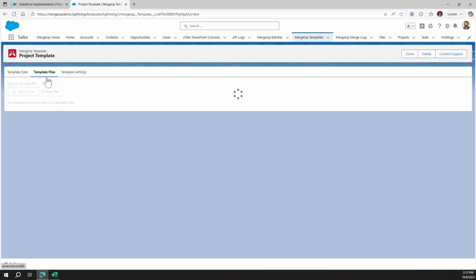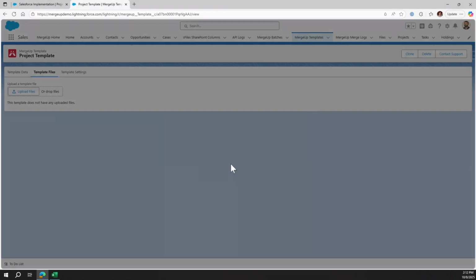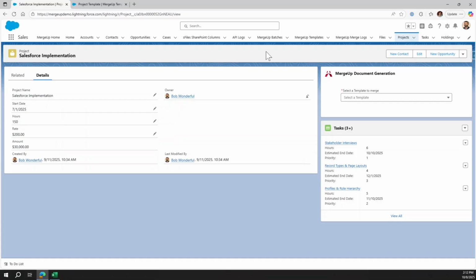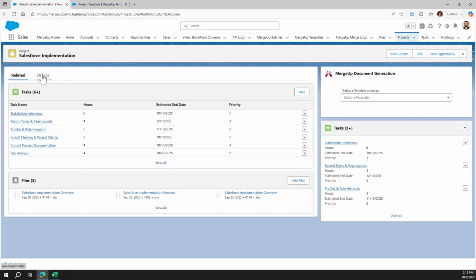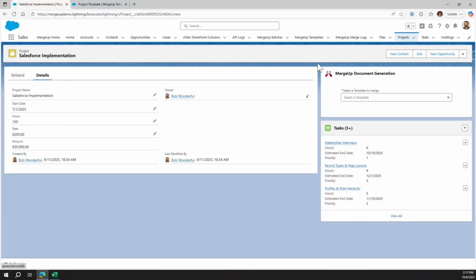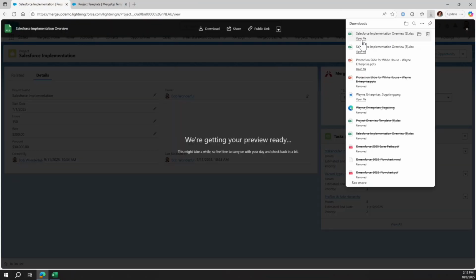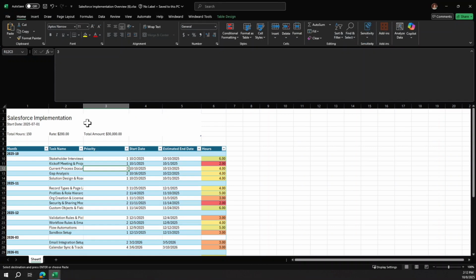Now we'll upload our Excel file back into Salesforce as a new template version. It's already activated, but we can activate any versions as needed. And now we're ready to test. When we open a project record, we'll see the MergeUp component is ready to go. And at the click of a button, users can instantly generate their project report, grouped by month and formatted beautifully